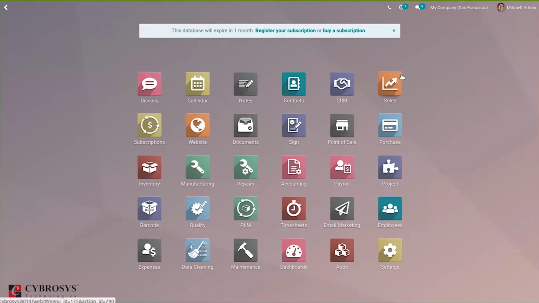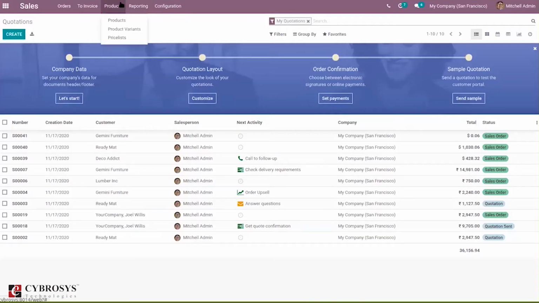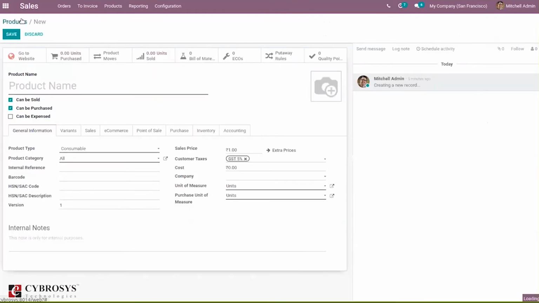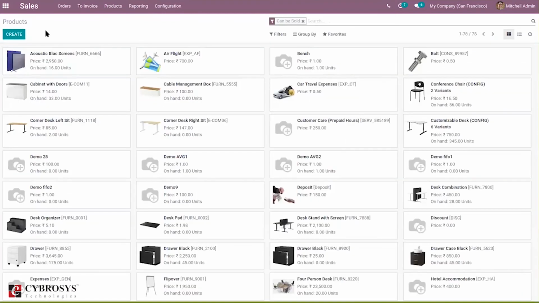So before creating a sale order, make sure that the customer tax, the default product tax set on the product, is GST 5%. So let me open one.